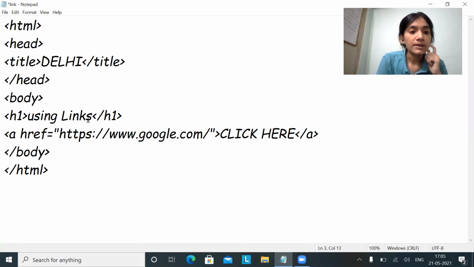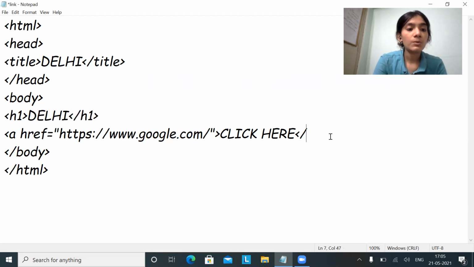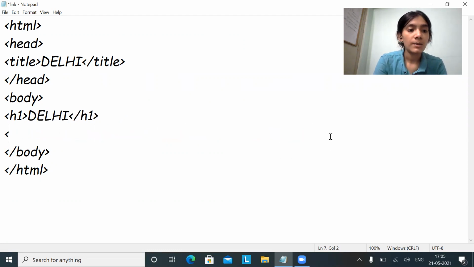And in the body, I just want to specify Delhi. And basically, I want one image about Delhi. So image src equal to... I don't have an image.